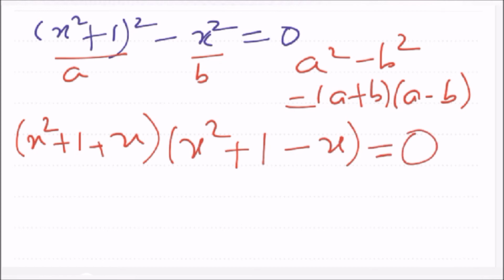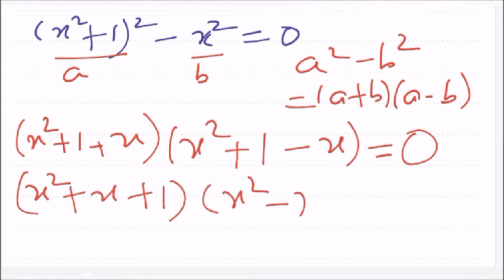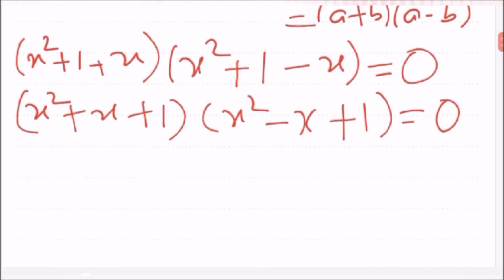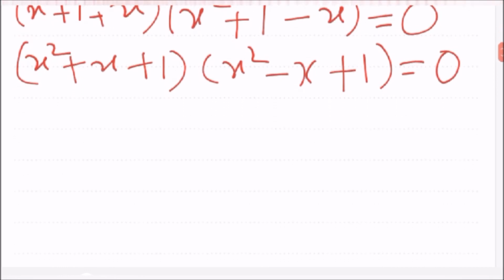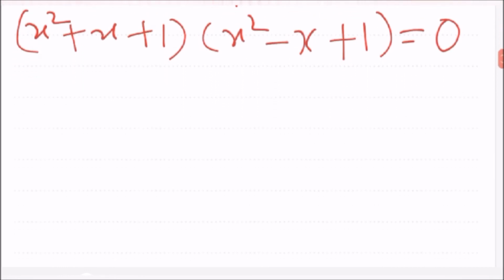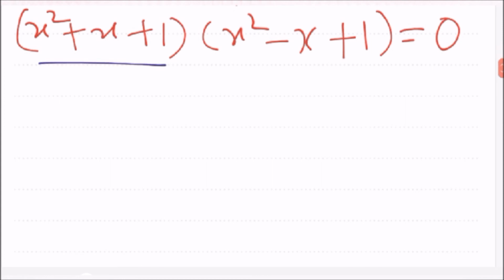Now we are going to rearrange it so that we can write it in the standard form, ax square plus bx plus c. So in both the cases, x will come in the second place and 1 will go at the end. Now if you consider the first bracket as one of the quadratic equations and check the roots of it. Now how do we check the nature of the root? Using discriminant formula.